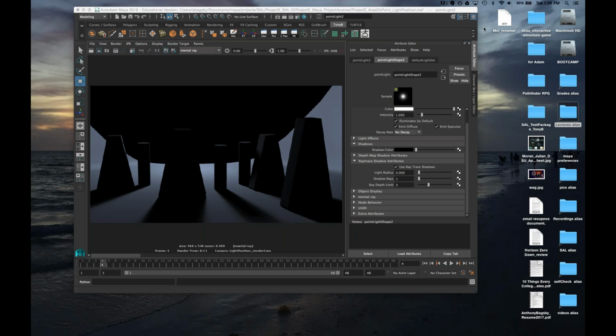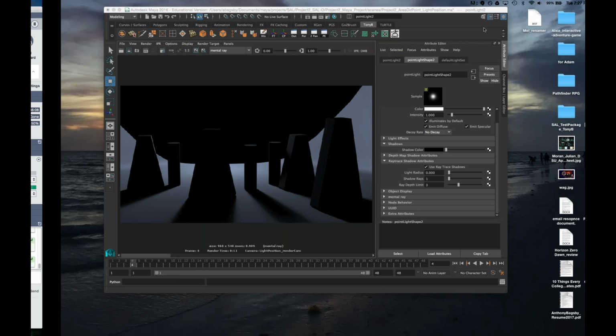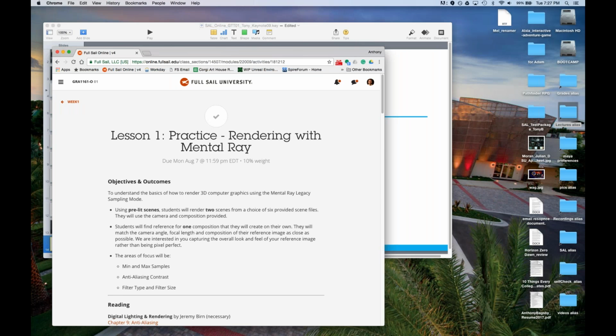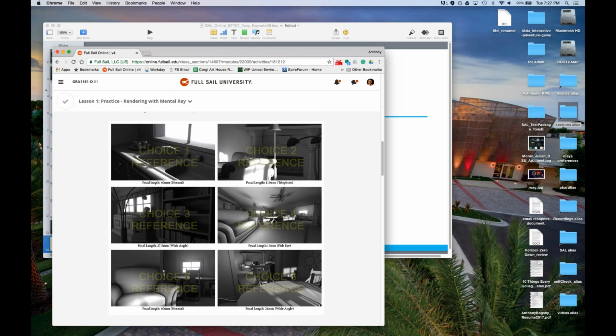I have a quick question / recap. Okay, so for lesson 1 practice, we adjust the render settings. All you're doing is adjusting the render settings and rendering. Yeah, because it's all about learning to render and render efficiently. Go ahead, Stephanie. I cut you off. That's okay. So we just choose 2 of those compositions to match, and then the third one for the first assignment, we can just basically pick our angle, and then that's the one we go find a reference to match.